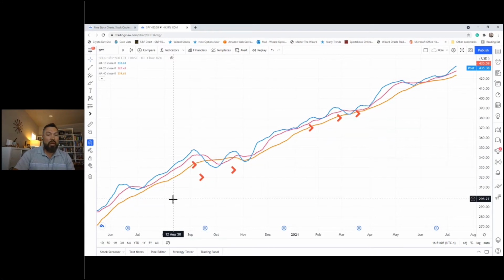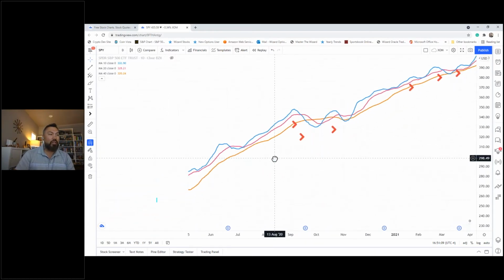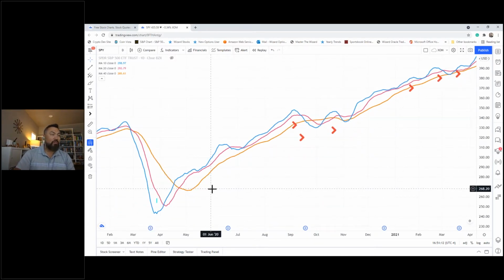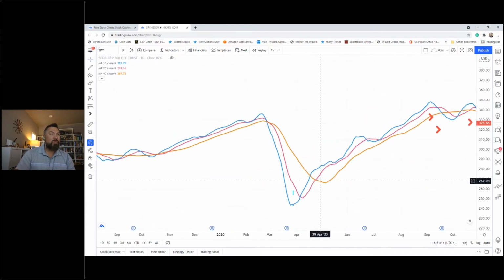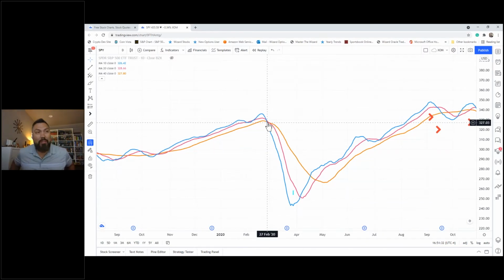Look at how all of these bounces come up and down the line here, right? Now this only, oh, it goes back farther. This must be the, yep, Corona sell-off. This is the Corona sell-off, February 27th. It's a Monday. I was in class teaching. I was in classes live teaching when this happened.